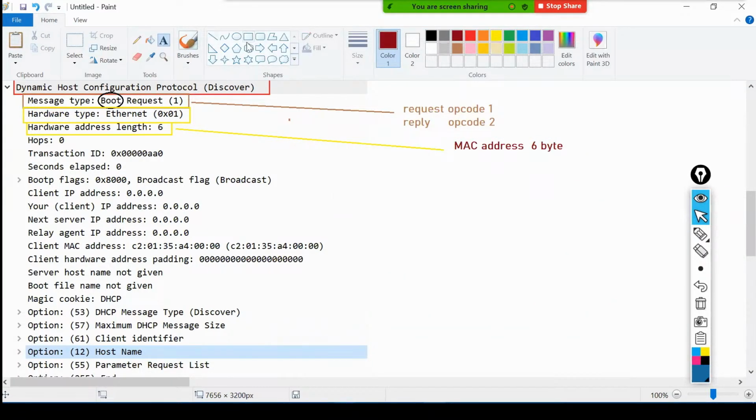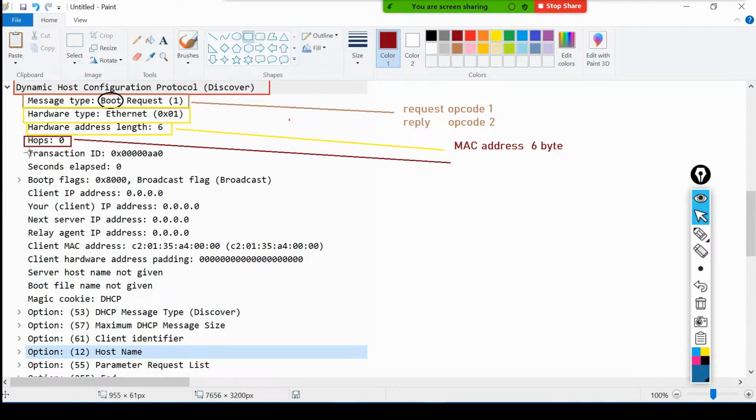Then after that, we have the hops concept. Here the hops field is just going to represent how many hops away my DHCP server is. Zero means the client is sending the packet, and the hop is set to 0, right? If the server is in a different broadcast domain, what happens? Those hops will be incremented by 1.